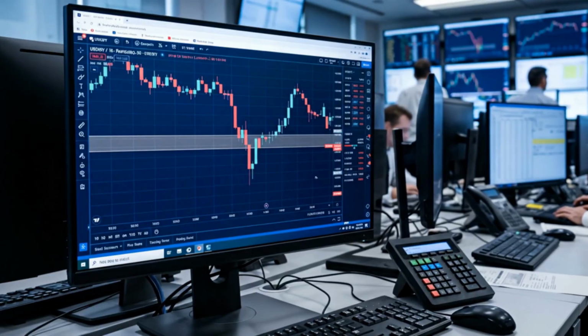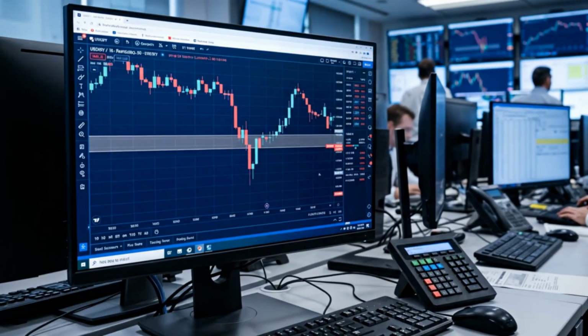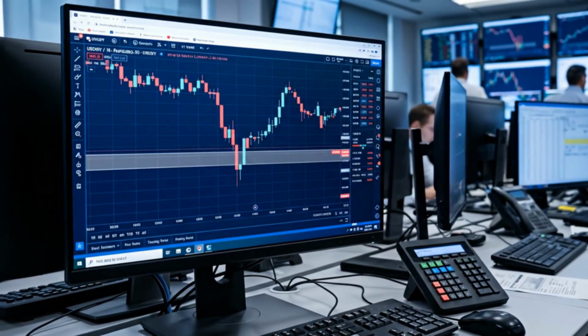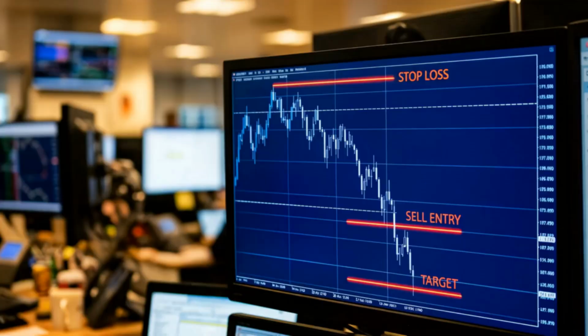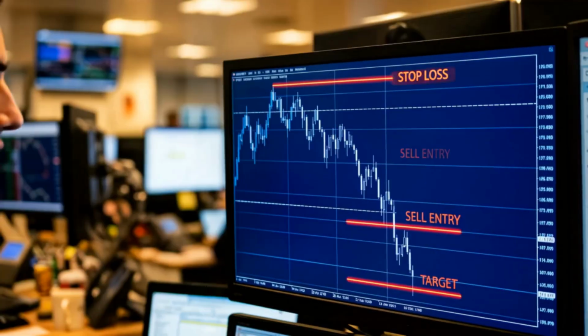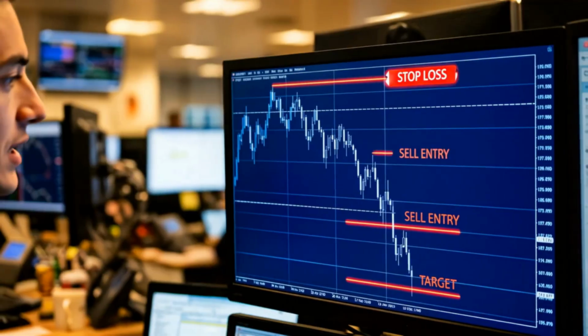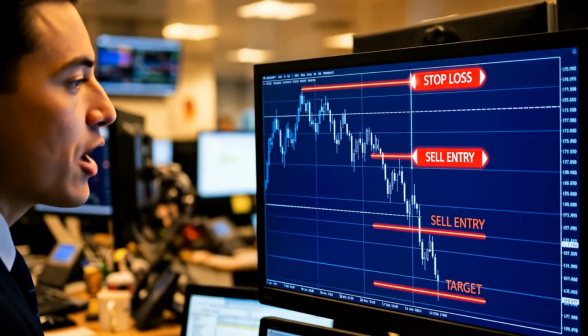Now let's consider the second scenario. If price breaks below the support at 157.20, this would indicate that sellers are gaining control again. In that case, a sell setup could appear. The sell entry would be below 157.20, with a stop loss around 157.80, and a possible target near